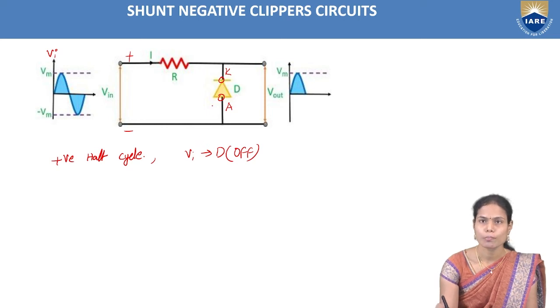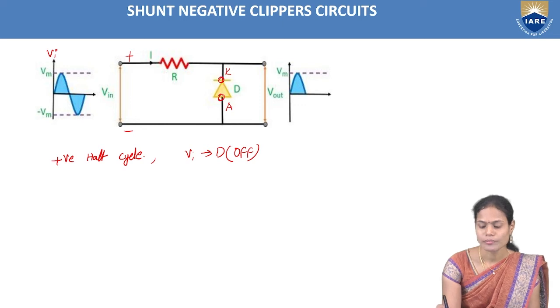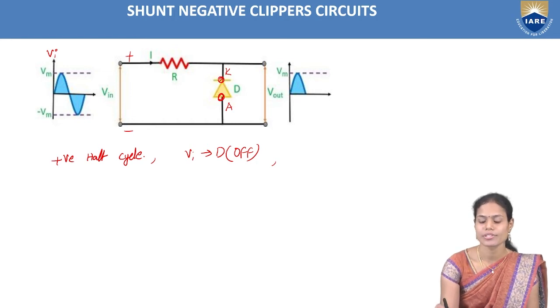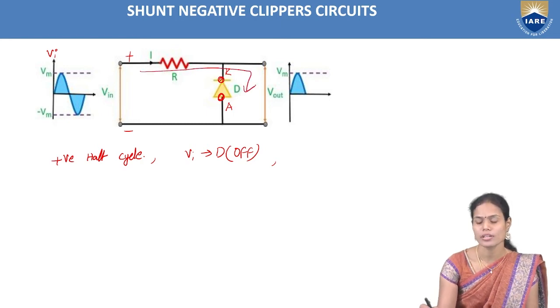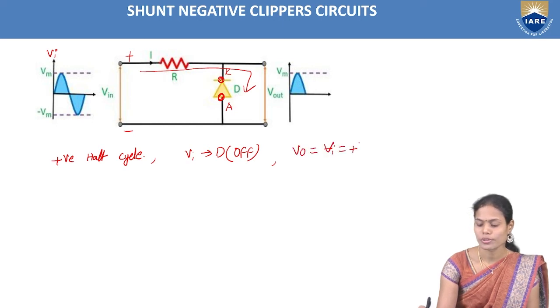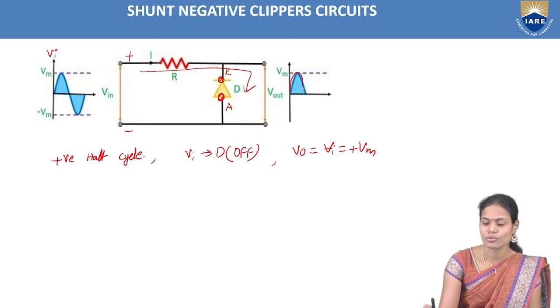So once it is open, there is no path for the flow of voltage here. So that's why the applied total voltage will appear across the output. So that's why my output voltage is Vi, that is equal to plus Vm in this case during the positive